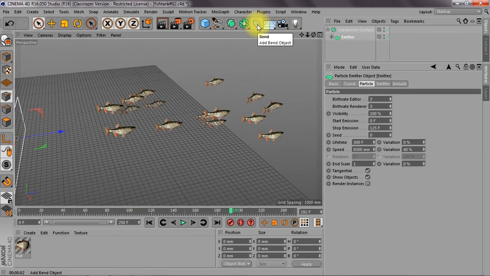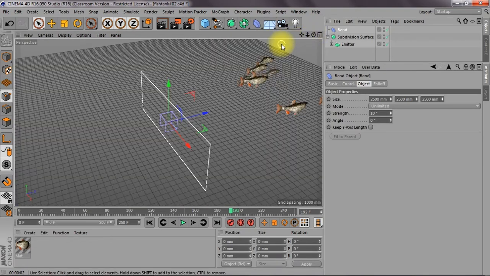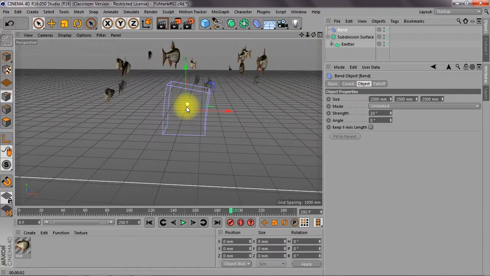For instance, the simplest one I could think of is the bend, and the bend is really small, but I'm going to put it on unlimited and pump it up to like 10 degrees and put it sideways, because right now it's bending over that way. See, I don't do it too much because the effect is going to be